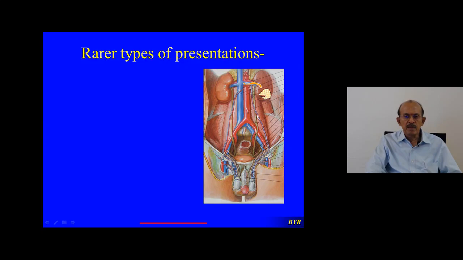So when a tumor thrombus is there, it occludes the orifice of the testicular vein. So there will be impaired drainage that leads to engorgement of the testicular veins. So whenever the testicular veins are engorged, what is the result? What do you get? Whenever the renal vein is engorged, the testicular vein is engorged, it produces a condition called varicocele. That means dilatation, tortuosity, and elongation of the pampiniform plexus of veins. That is called varicocele.